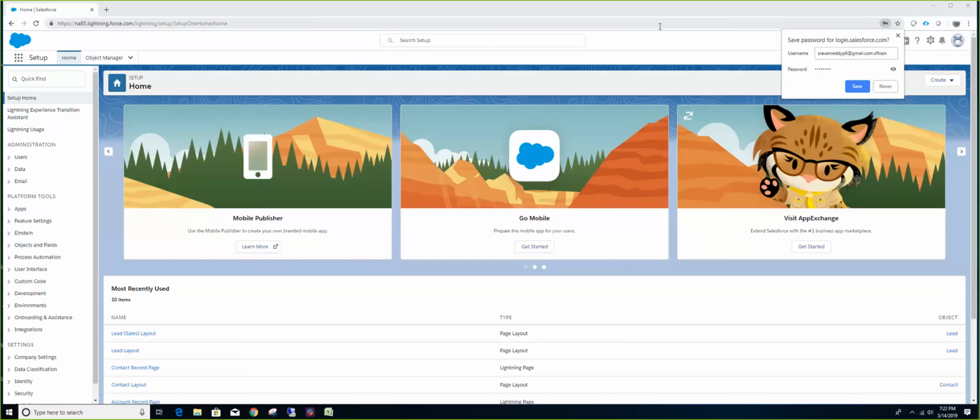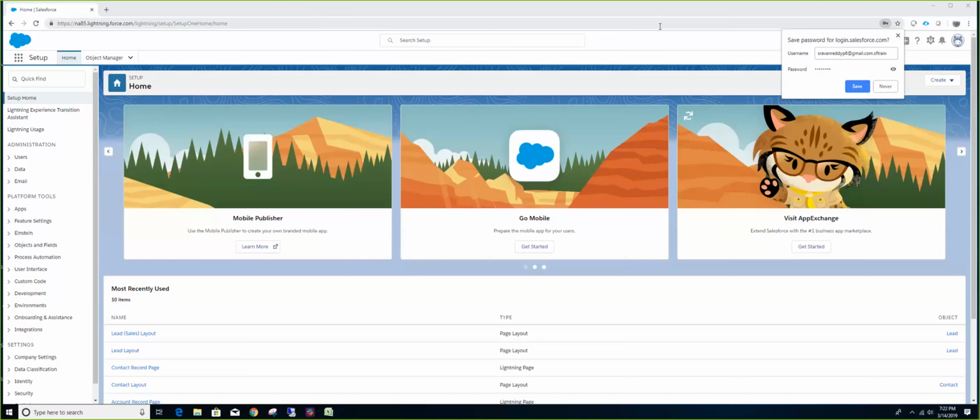Now, while creating the custom object, we noticed some features like we can allow reporting, we can allow activities, we can create tabs, and we can expose the tabs in the app. While creating the object itself, Salesforce forces us to create a field called the name field. The name field can either be a text field or an auto number field. While creating the auto number, we can choose the format, and we have something called the starting number, from which, whenever you create a record, the number goes up.